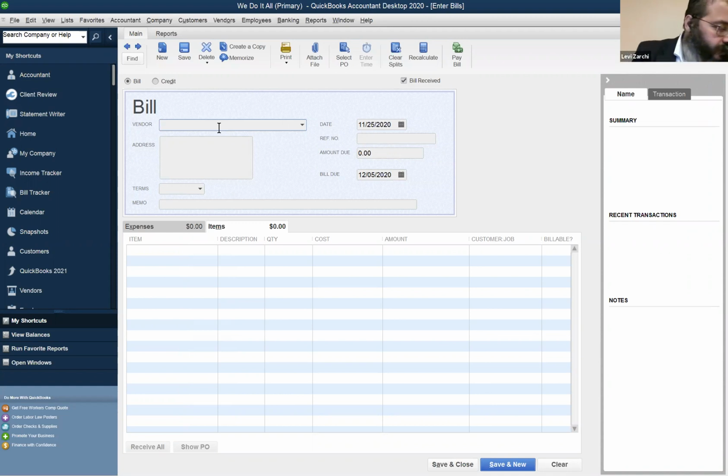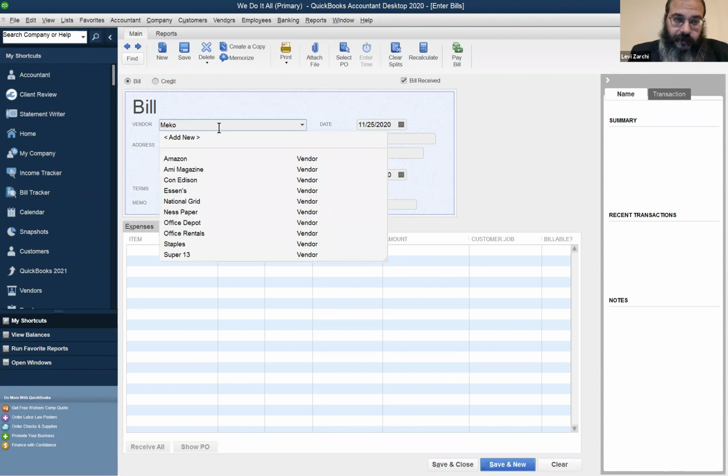We're going to type in Mikara Safarim because we don't have such a vendor. If I type M, Ami Magazine is there. Con Edison has an M. Staples, Office Depot, they don't have the M. We're going to type in Makar, but what this tells you is that whenever you have, you could type 1 or 2 letters, you don't have to write out the whole vendor's name. It will show up in the dropdown. So Makar HaSafarim,